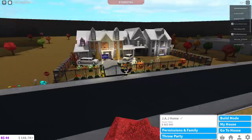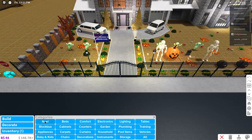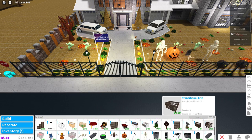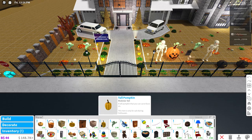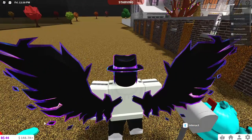Then you've got the Halloween update, which is this. So the Halloween updates, I'll show you. So you've got decorate, so the Halloween stuff's in here. So you've got a few here. You've got pumpkins, you've got sweet bowls. I think the Halloween update is even better than last year because now you can, so look,